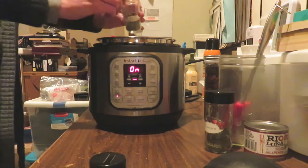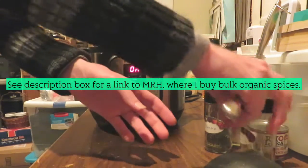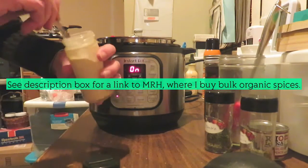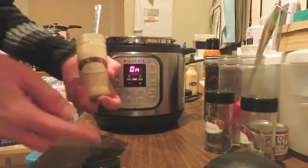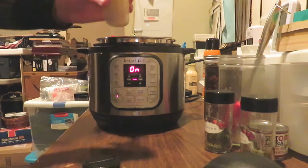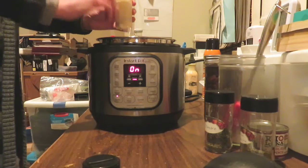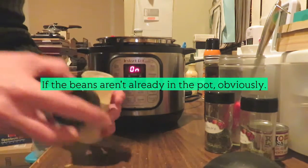So I just use a half teaspoon of each, and it seems to give it a really good flavor. I'm cheating. These are really cheating, because you can make these in all different ways. You can saute up some onion and peppers and then add the beans to it, but this is really super cheating